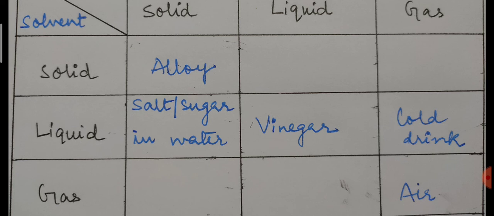These examples are also very easy to learn, because most of the examples I have given are ones you already know. So just try to understand this table and the meaning of solid in solid solution, solid in liquid solution, liquid in liquid solution, gas in liquid solution, and gas in gas solution. What is the actual meaning of this, and which examples fall in each category. I have just listed these, and some of the blocks you can see I have kept vacant because that is not part of your syllabus. That means it is not part of ninth standard, and that is why I have kept it vacant.